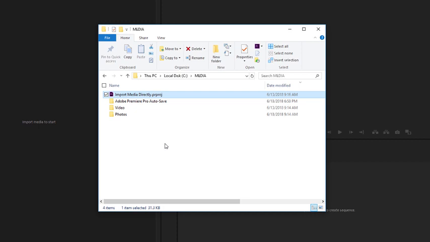Generally, you're going to want to use the Media Browser panel to import media, especially if you're importing fragmented media file types like OP Atom MXF files. But if your media is self-contained, like QuickTime movie files or MP4 files, you can drag them directly from Explorer